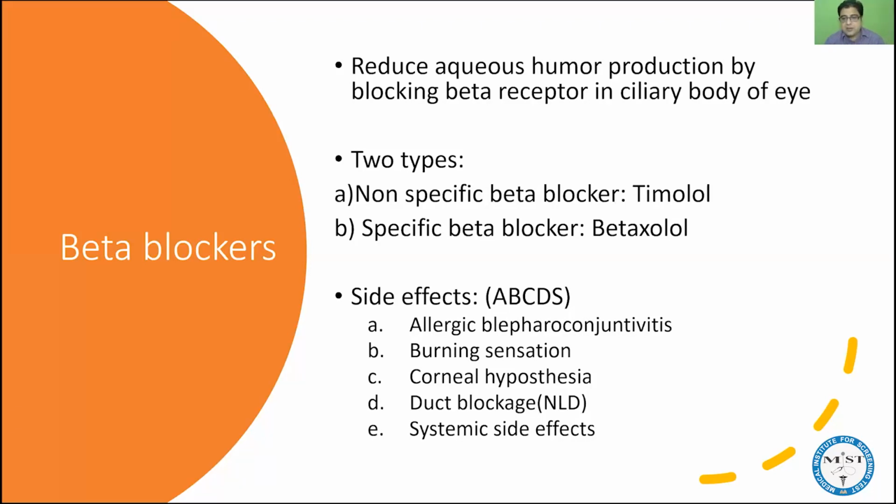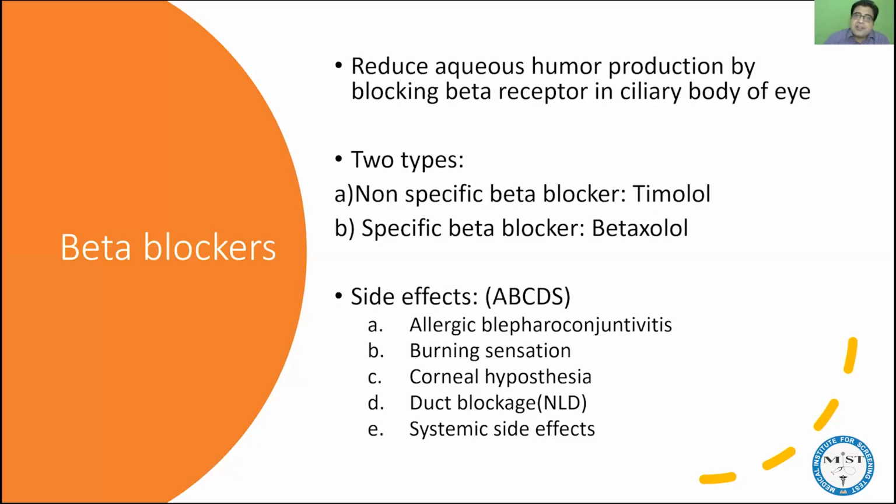Now, these three groups of medicines can increase the drainage of aqueous humor. Number one, pilocarpine, that is miotics. Number two, prostaglandin analogs. And number three is netarsudil. Now, coming to the drugs which can reduce aqueous humor synthesis. And the first important group is beta blockers. Now, please remember, beta receptors are present on the ciliary body, ciliary processes, and that beta receptor is involved in the function of ciliary body cells.